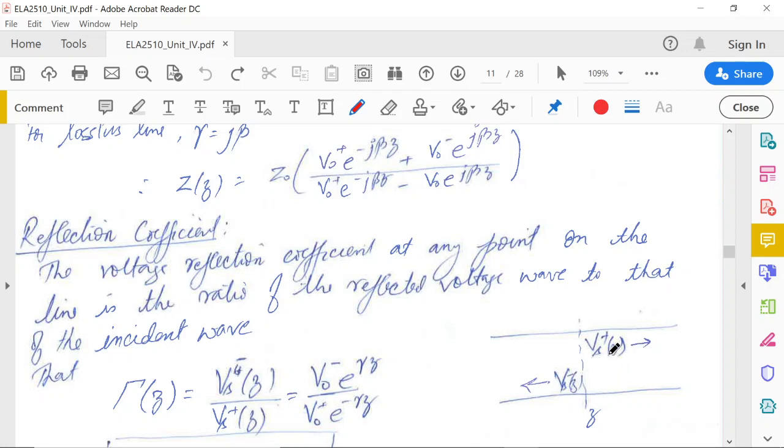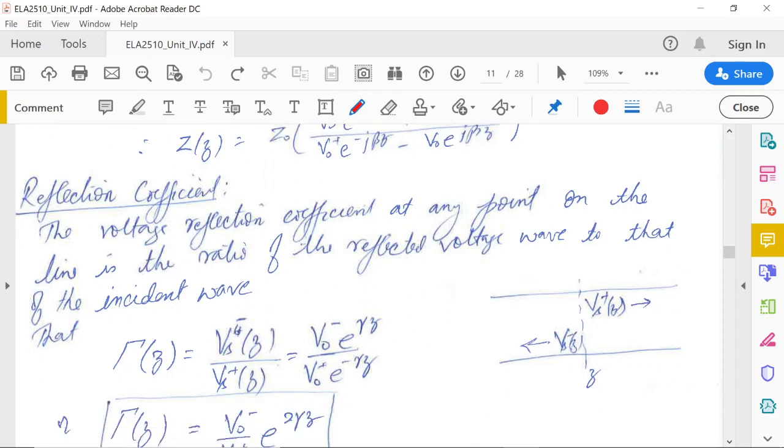Okay, how much voltage of this is reflected back in this direction if we are watching at this point? So if it is, let's suppose the sub interface, we want to say it is Z. Whatever voltage is going, what part of this voltage is moving in this direction will be reflected back here. That is called the reflection coefficient here in general. So here we have the reflection coefficient.